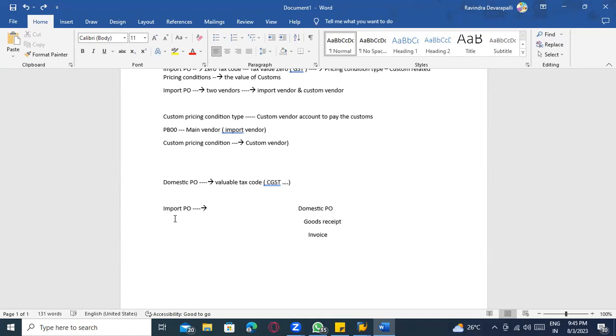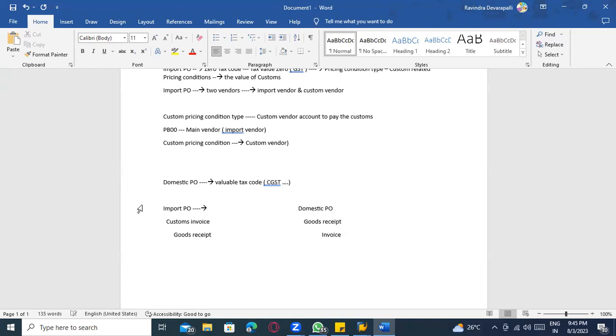So after you create the import PO, you need to clear the customs clearance. That means a customs invoice needs to be raised and payments cleared. Once customs clearance is done, you will be receiving the goods. Clear?